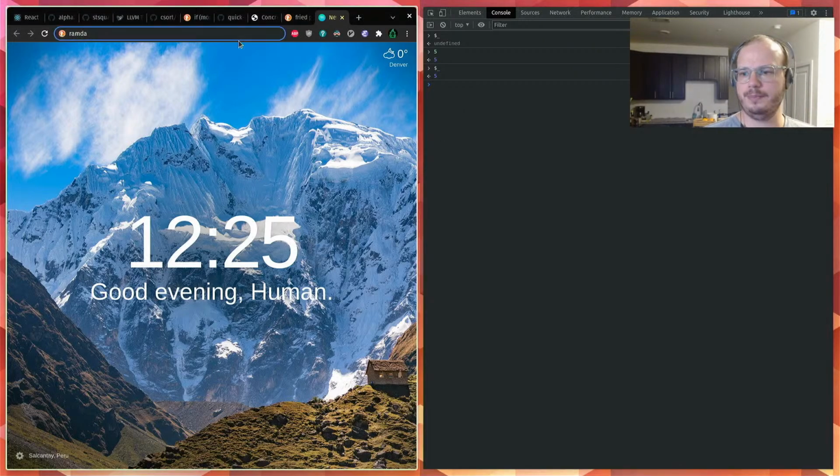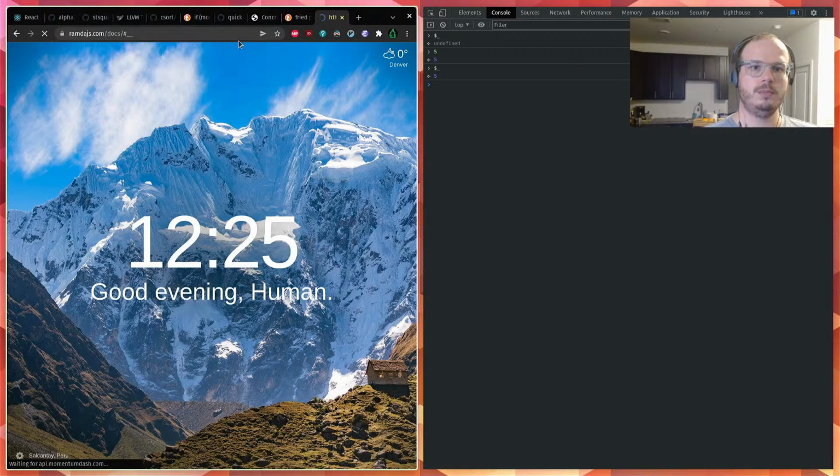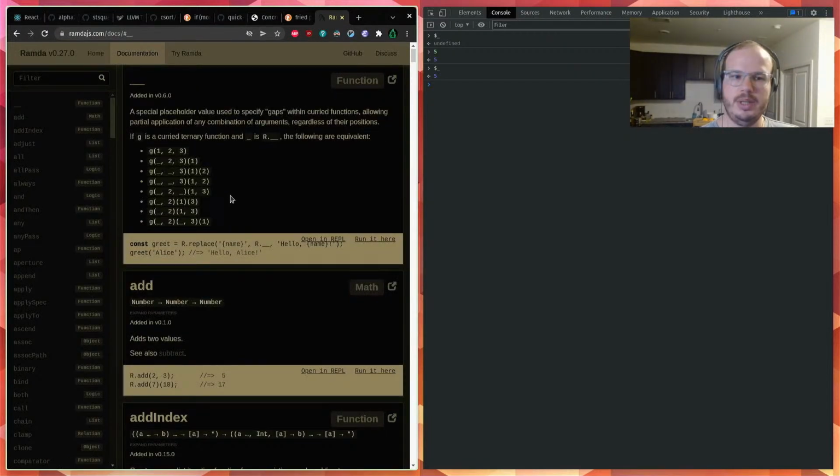Oh, let me check that out. It's an argument placeholder for curried functions. The following are equivalent. Yeah, that's almost like what it is.